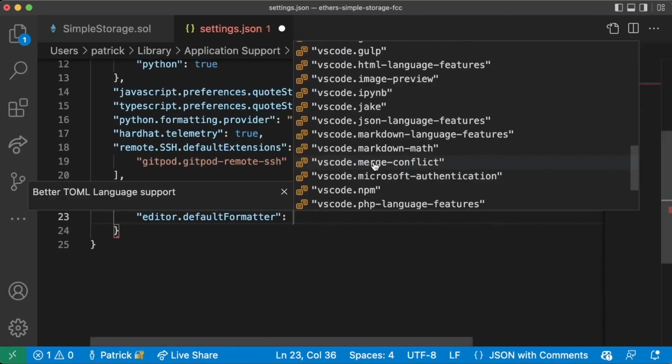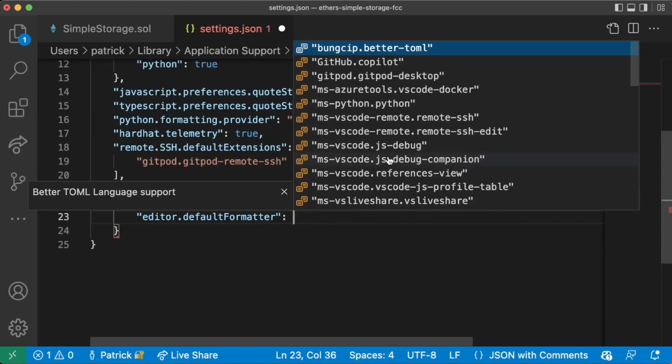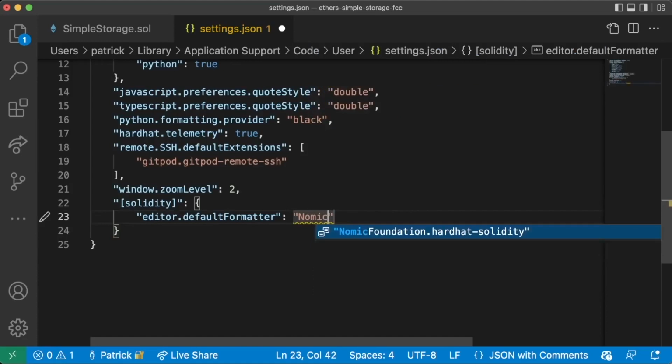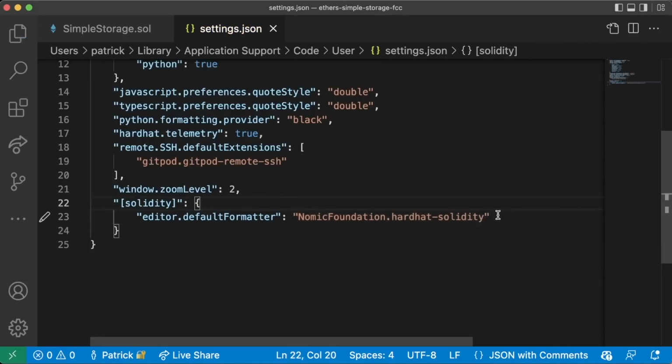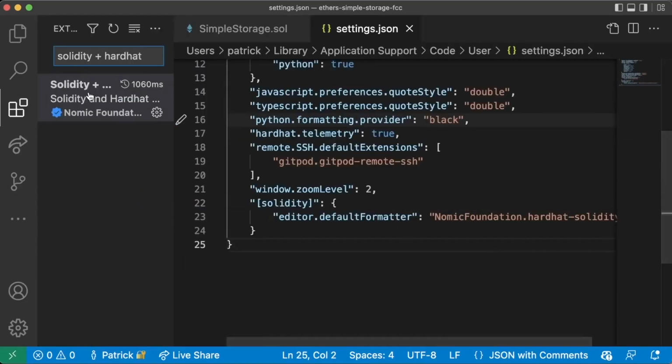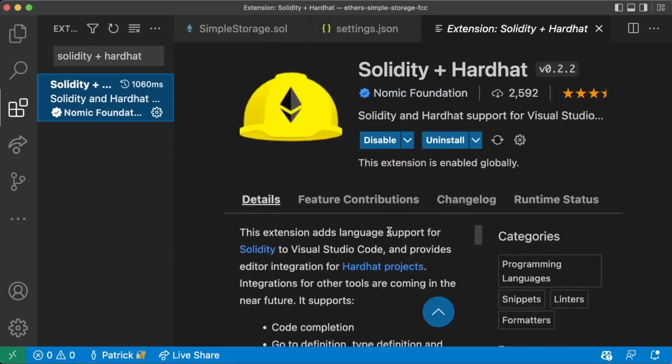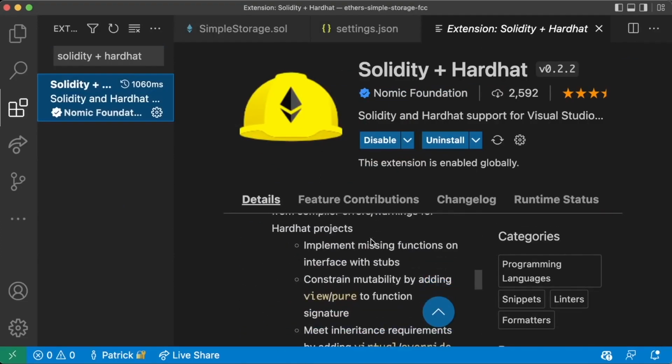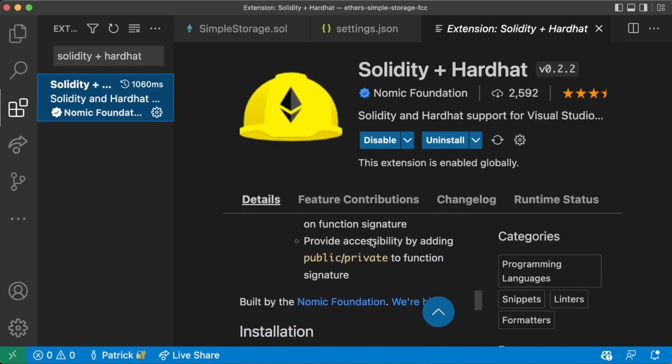And you might even get a pop-up that tells you some different things that we can use for a default formatter. Our default formatter is going to be NomicFoundation.hardhat-solidity. This will mean that anytime we go to format our code, it'll use the Hardhat Solidity plugin as its default formatter. The Hardhat Solidity plugin comes with some formatting and a lot of other really useful tools for us